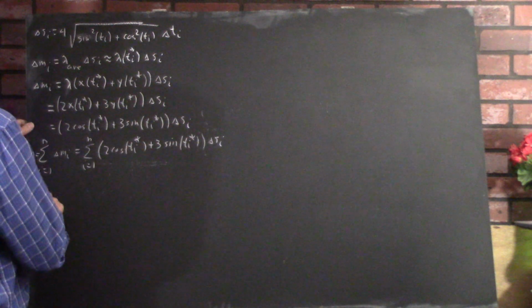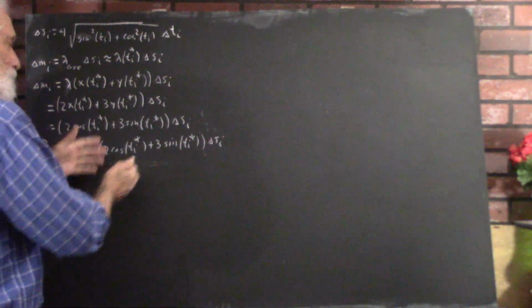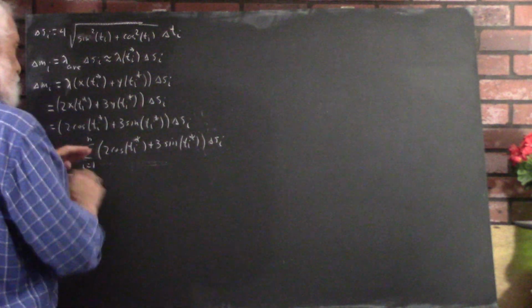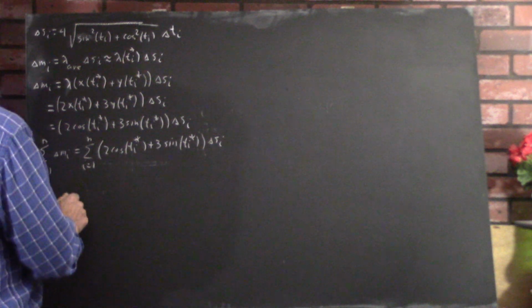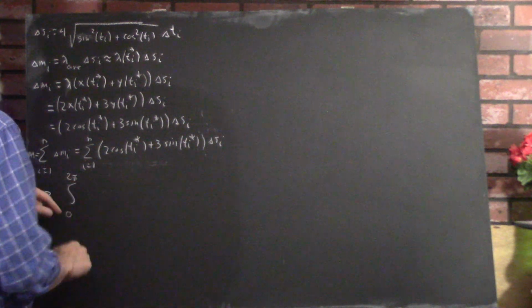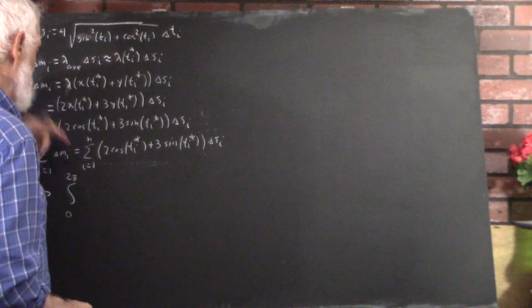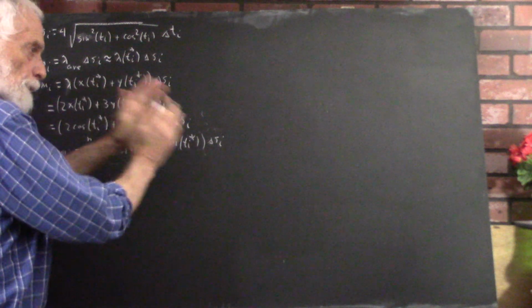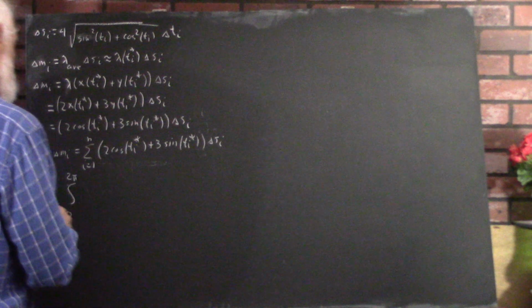And this approaches, through the miracle that occurs, and again you're doing really well in the course, so I recommend that you understand from your first year calculus how this sum approaches the integral from 0 to 2 pi, because you partitioned the interval from 0 to 2 pi. So as i goes from 1 to n, your intervals go from right next to 0 to right next to 2 pi. So you're summing up all these contributions from all of the intervals, and you get